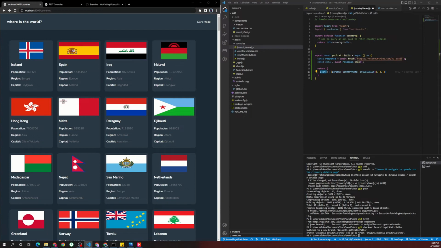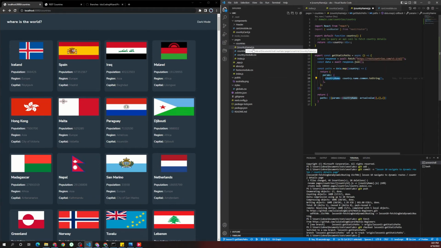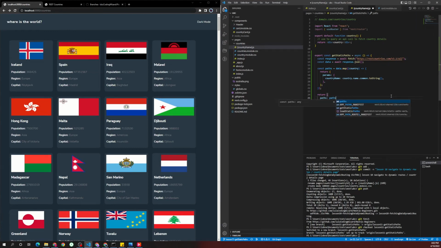The way we'll do it, just like a normal JavaScript function, is to map. So we map the paths data, and we know it will be an array of countries. Each country will return an object which has params, and that params is an object as well which has the country name, which is the same as here, and that country name will basically be country.name.common. Okay, so that's what it will be. And here, back in the end, I would say return paths, and because it has the same name as the variable, I'll just keep it like this. And then there is